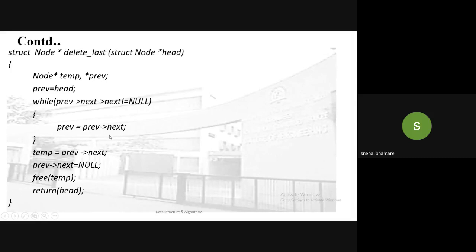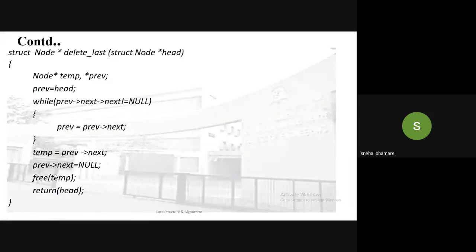We have to move the previous from the head to the second last position. Once it has reached the second last position, then temp = previous next, that is it will point to the last node, then make the next part of the previous null and free the temp variable. Okay, this is the function for delete at the last.